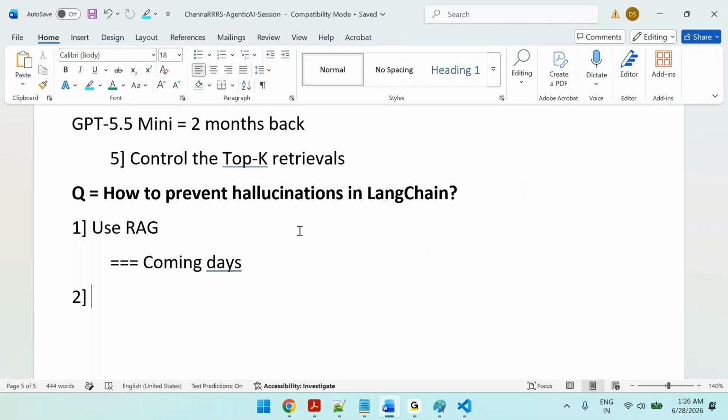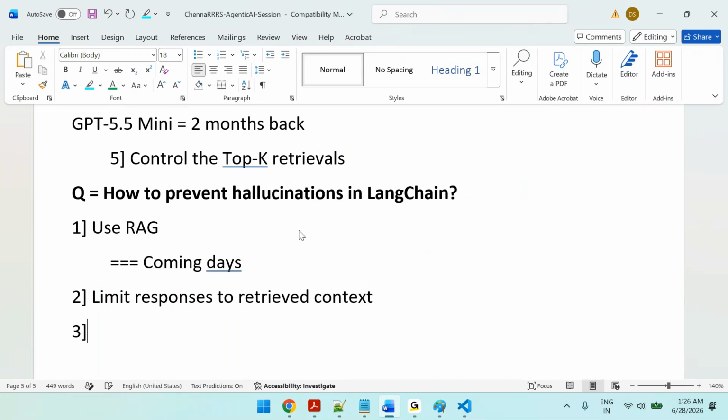What is travel policy? That is the question I'm asking. Now instead of getting it from the model, you can get it from internal documents, called RAG. Okay, so we'll practice this in the coming days. Then we want to prevent hallucination, right? So limit responses to retrieved